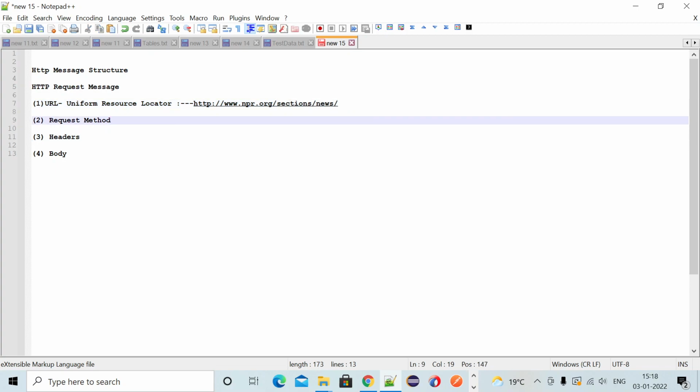So this is one part of the HTTP request message. The request method means we use different request methods, like get, put, post.